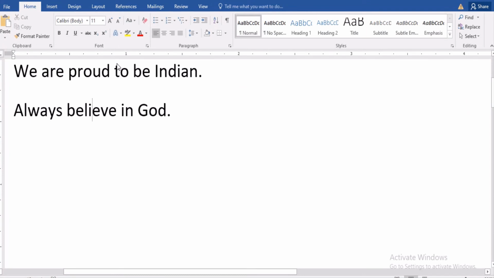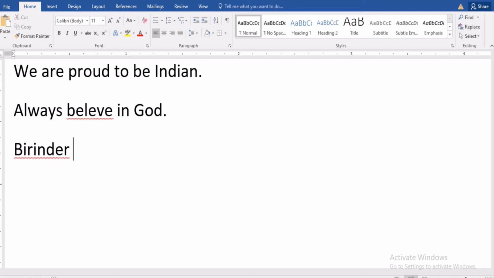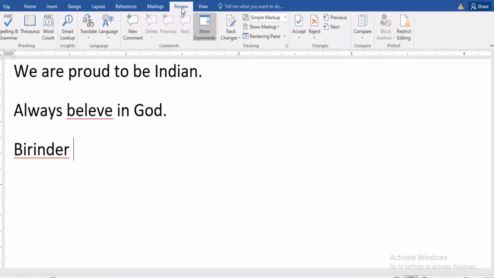So children, now let me show you how the spelling and grammar check will work. Let's imagine, first I will make some mistakes in my document. I am erasing "EI" from here, and then I am also going to write my name here. You can see that now it is showing two red lines to us. So how can we check the spelling? What we will do, we will click on the Review tab. We can also press the F7 function key for spelling check.